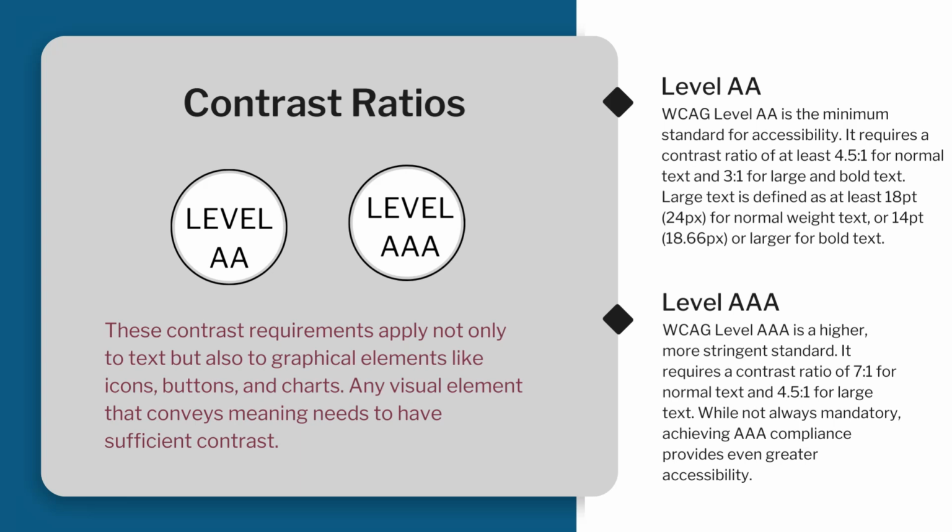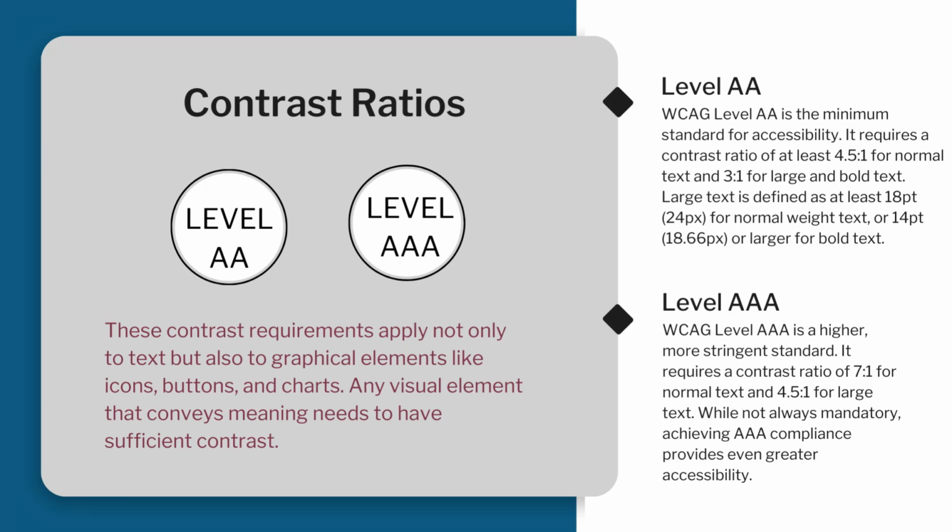In color contrast, if you wanted to meet level AAA, then the minimum for normal text, so again, that's up to 16 pt, is a ratio of 7 to 1. You're going to see a much more obvious color contrast in a 7 to 1 ratio. And then for large text, it's 4.5 to 1. No requirement change for bold text. So for AAA, we're talking just normal text size up to 16 pt, or large text, which would be 18 pt or bigger.